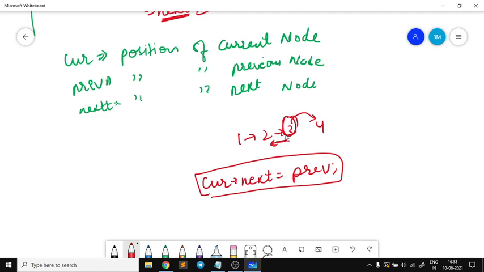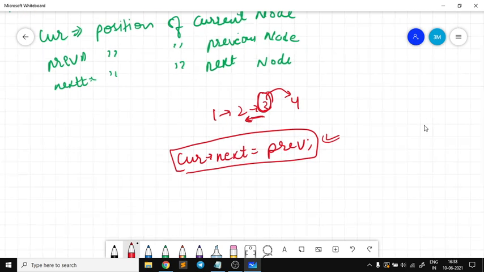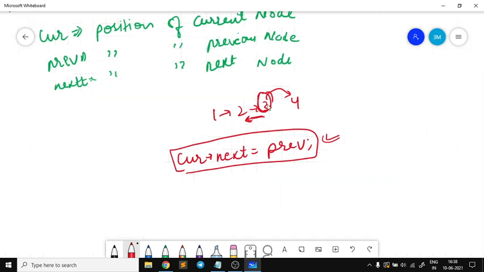So how do I move to the next node, to reverse that node also? Because I have done this step, right? So that's why the next pointer comes in. Now, if I'm at the current node and somehow I store the address of the next node, I can easily move to the next node, right? So before this step, I will have another step: next will be equal to current next, right?